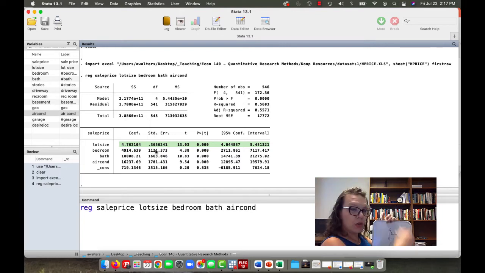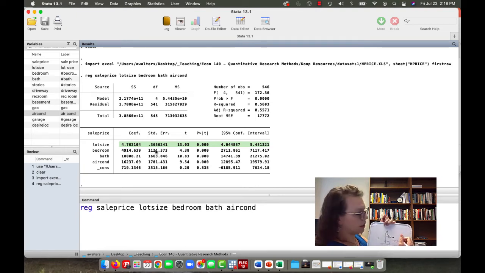And we're pretty sure that it's that point. We are 95% confident it lies within our confidence interval, 4.04 to 5.48. But we can also say that we have a standard error, and the error is sort of our margin of error in either direction. And so we're saying plus or minus